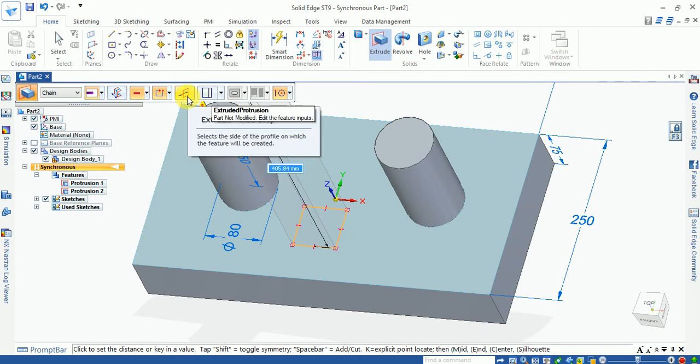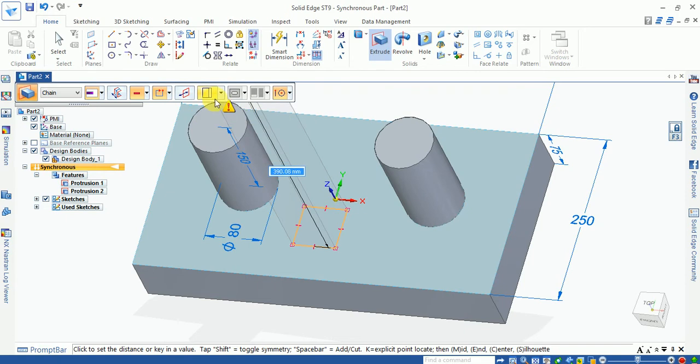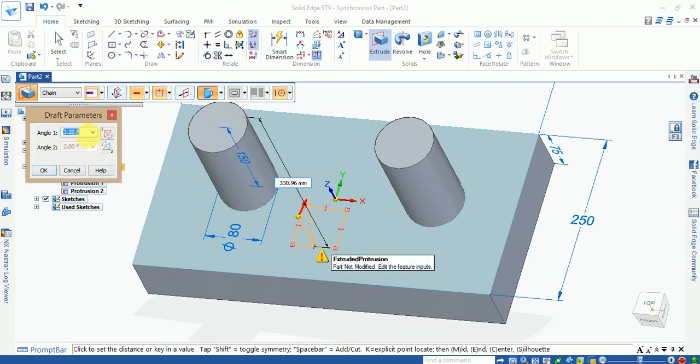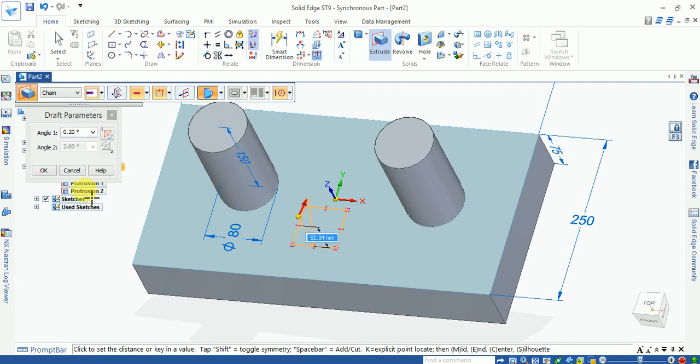Now this one is extrude side step. You can provide draft from here. If you provide draft in extrude, you can easily provide it from here. Enter the angle and press OK. Now this one is the other side angle: if you extrude the other side, then provide the other side draft.